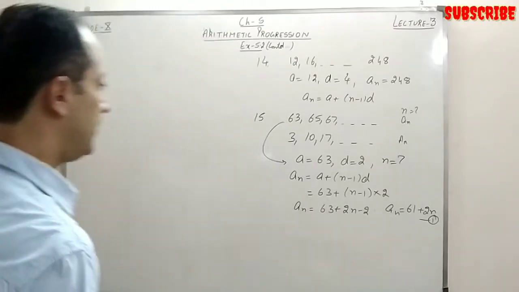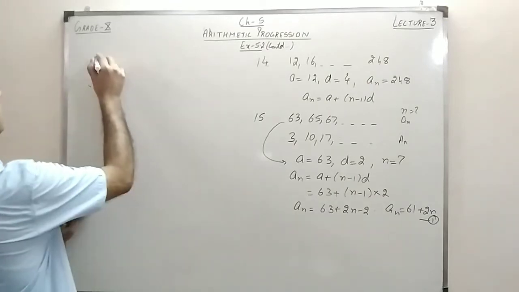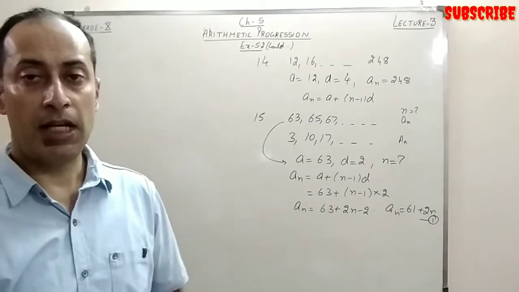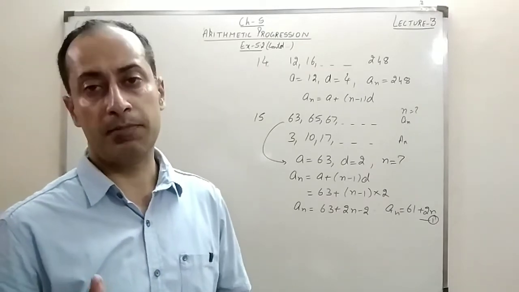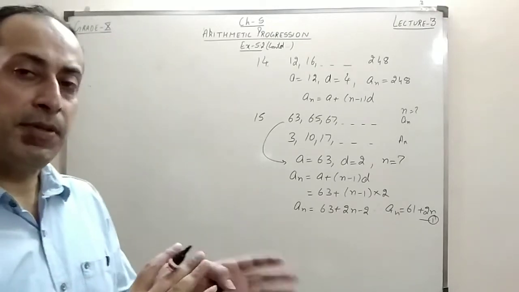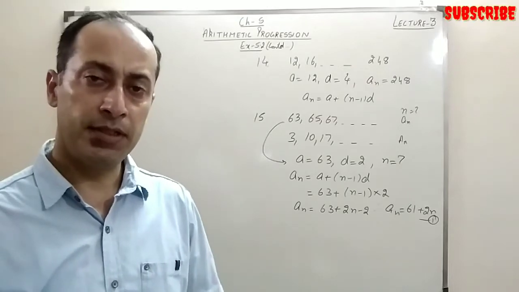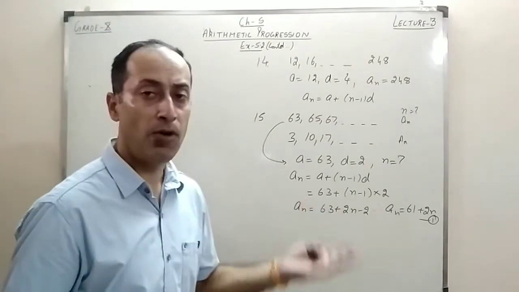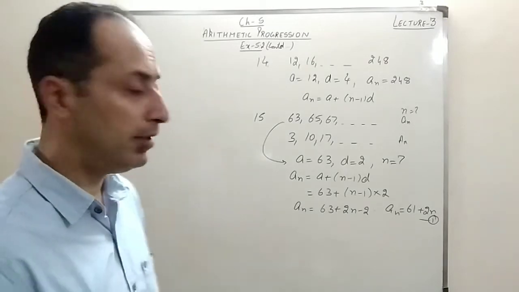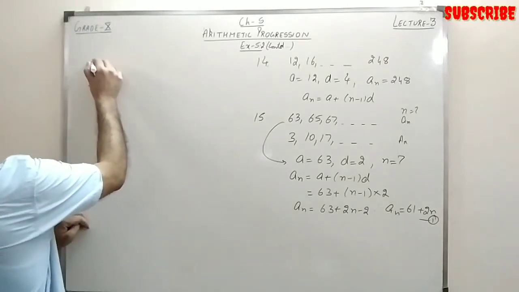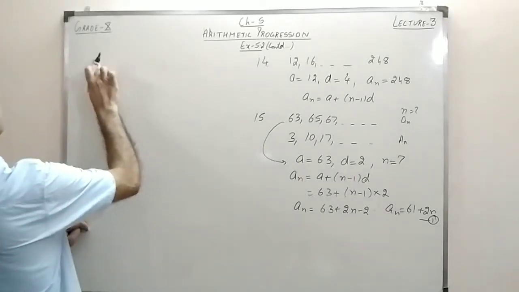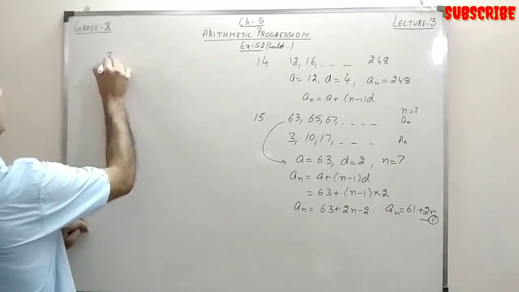Now, for the second AP, since the AP is different, I will be using different symbols. If you write the same symbol, it means it is wrong. When the APs are different, they have different terms, so use different symbols also, right? For one I have taken small letters, and for the other I can take capitals. Now I write the AP again here.